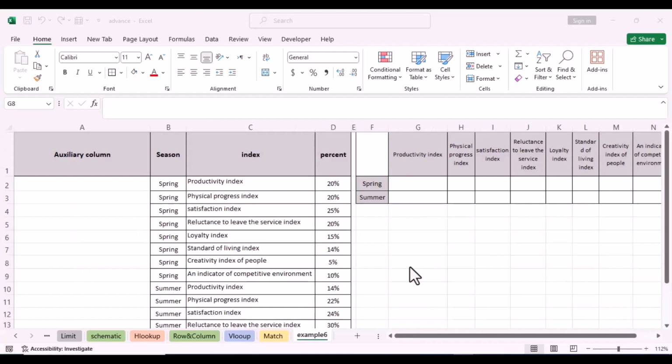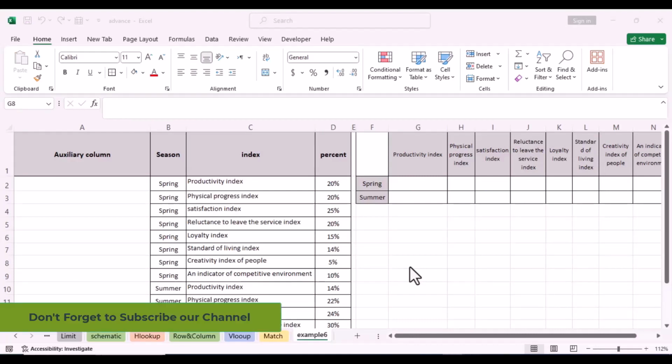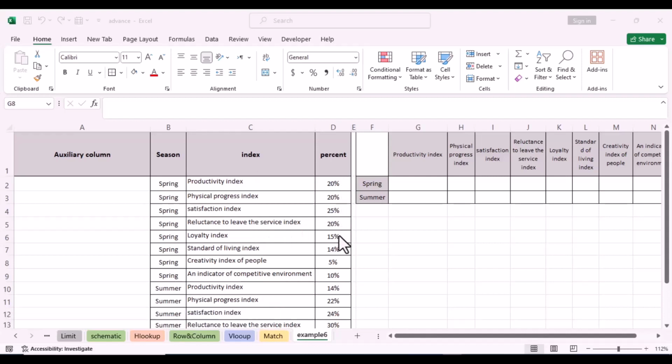In this part, we want to solve an example together that the search is based on two conditions. Suppose here we have a table that shows us the seasons in one column, the indicators in one column, and the percentages in this column. And we want to write a formula that in this table, all these items be completed automatically. For example, here in the summer season, the satisfaction index is 24%, and we want Excel to show us 24%